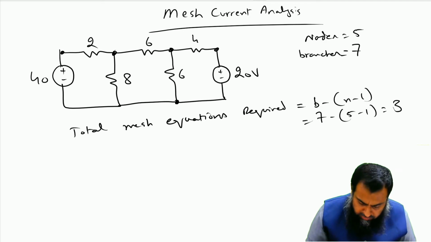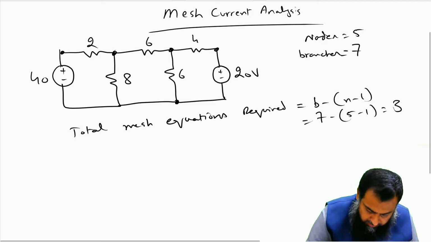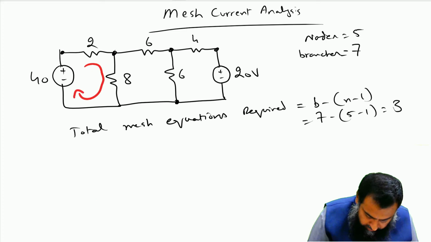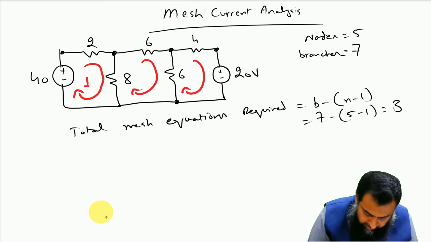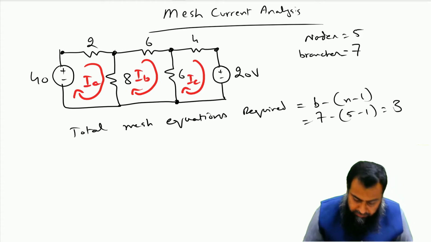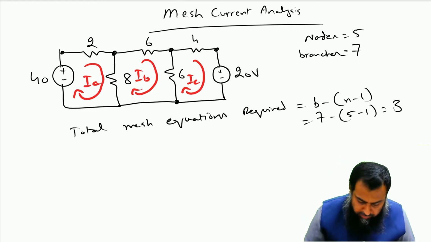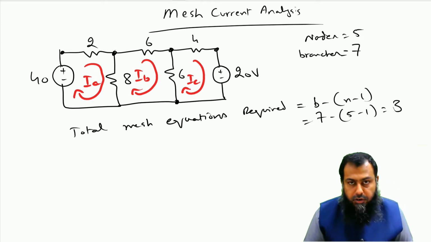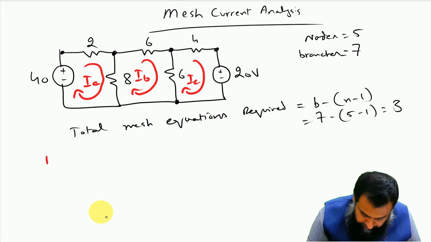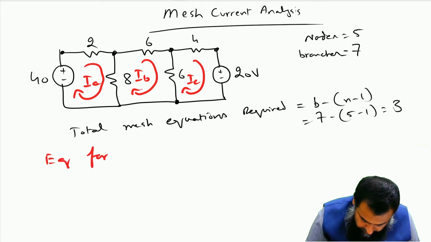As a first instance, let us say that we have 3 currents moving here. This is the first current, this is the second current, and this is the third current. Let us say this is IA, this is IB, and this one is IC. So we now have 3 currents, and if we solve for these 3 currents, we can solve any parameter in this circuit. Moving on, let us write the equation for mesh A, mesh B, and then mesh C. Equation for mesh A